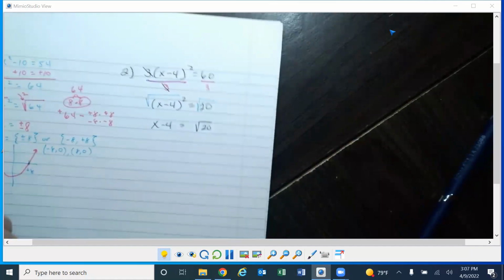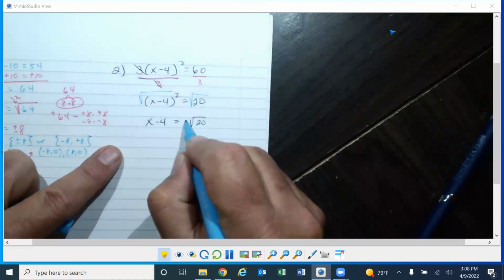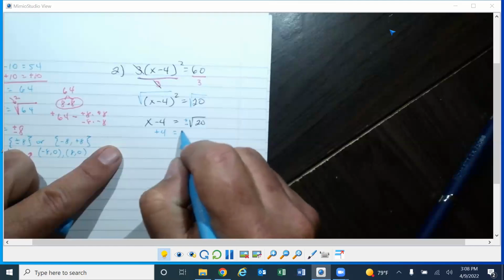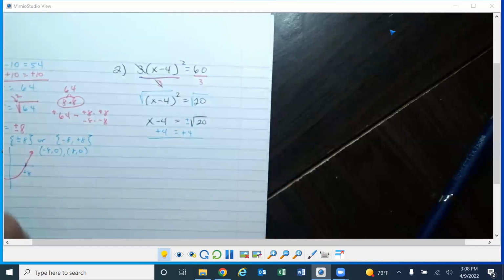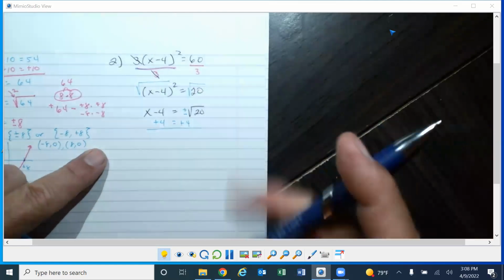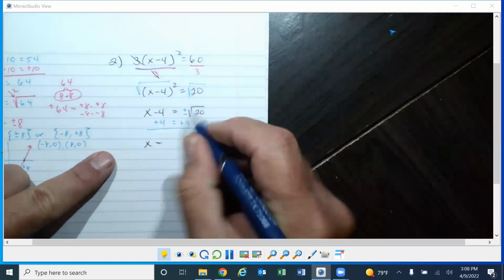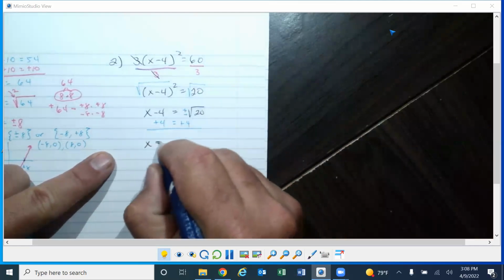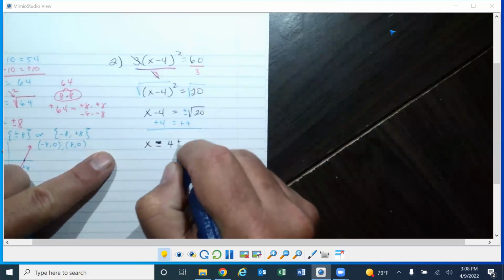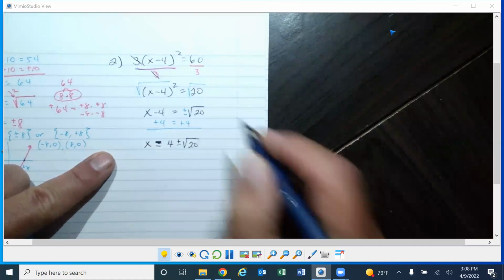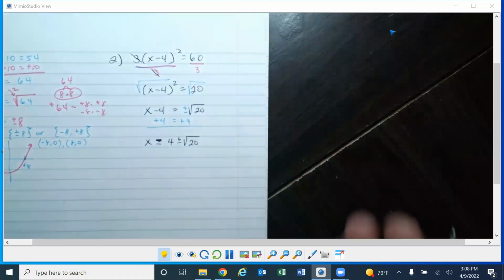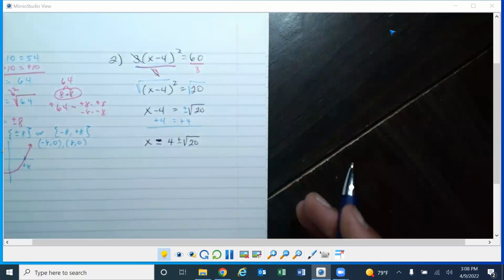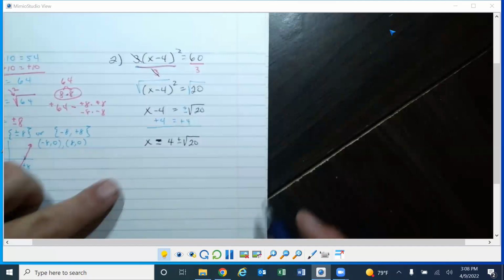All right, so now I'm going to move the 4 over. Now, don't forget, this really is plus or minus. So I'm going to add 4 to both sides. And I told everyone in class, make sure to put the number first. So it's going to be 4 plus or minus the square root of 20. All right, this could be your answer. I'm not kidding you, on some tests they could leave the radical not simplified,